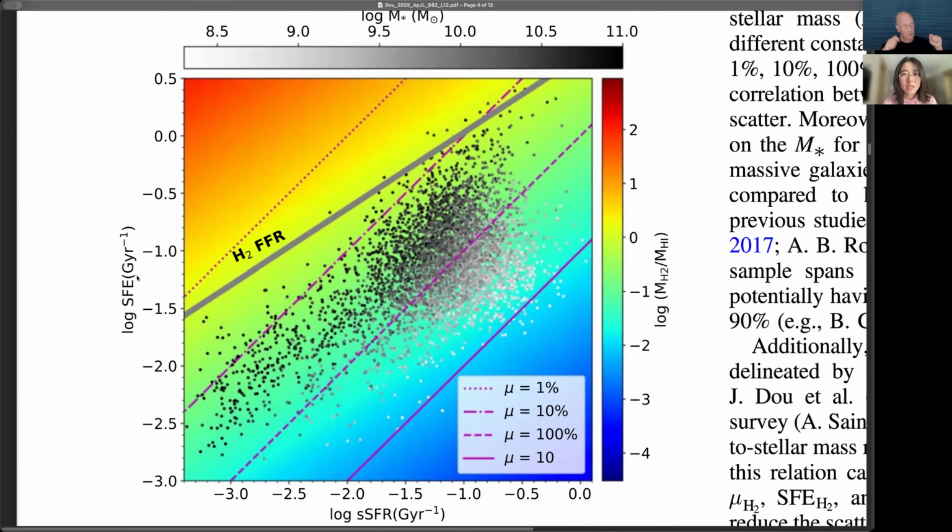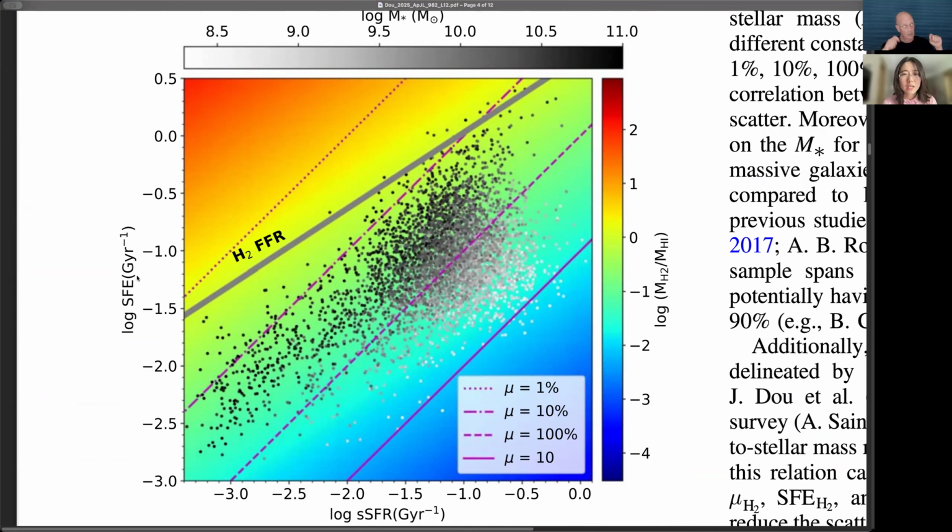Yeah, and the inverse of this star formation efficiency is known as a gas depletion timescale. And the x-axis is the specific star formation rate, which is defined to be the star formation rate over stellar mass. So it shows how efficiently a galaxy can rebuild its stellar mass. And it also reveals the star formation activities in these galaxies, or the star formation level in these systems.